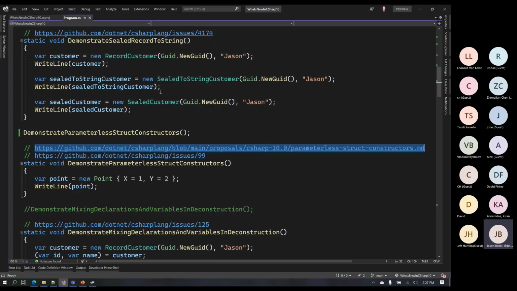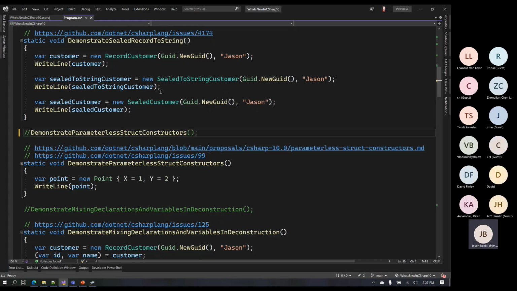It gets to be quite gnarly. For the most part, it probably won't be a big deal if you want to do a parameterless struct constructor, but there may be cases where you can't do it and you're going to wonder why you can't. Well, this document has a lot of information about some of the constraints around it, okay? So, a simple one, but kind of deceptively simple.